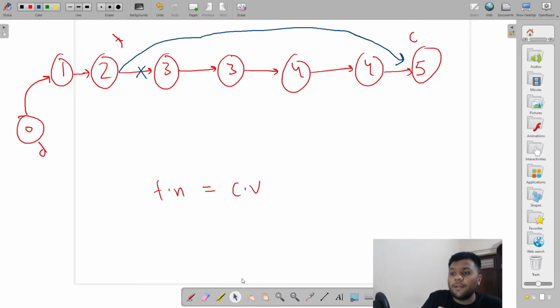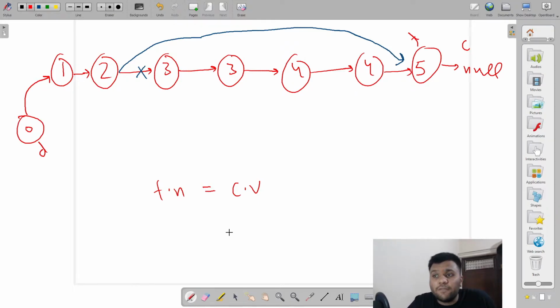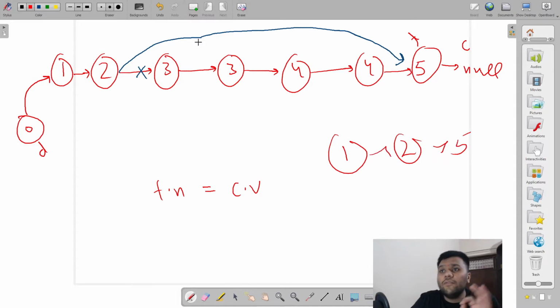So my current will move over here. My current reaches the null. So this is my null over here. Once my current reaches null, I will simply move my temp from over here till over here. Once my temp reaches the final one and my current reaches the null, I will simply return it. It means that whatever values my temp has found, they are all unique. My temp has found 1, 2 and 5. So we skip all of the duplicate list.